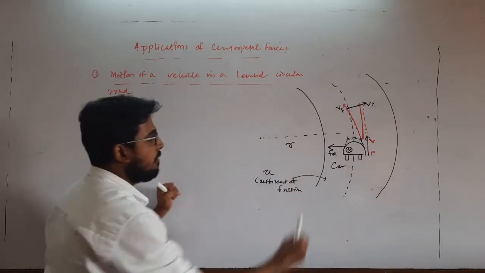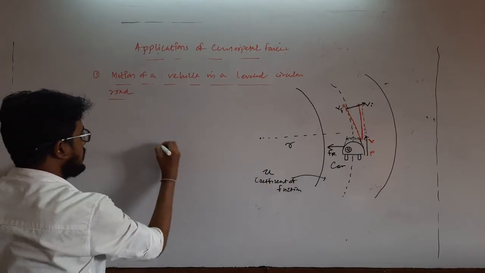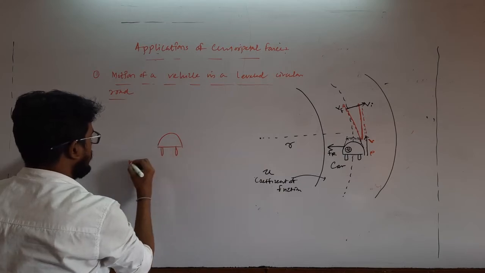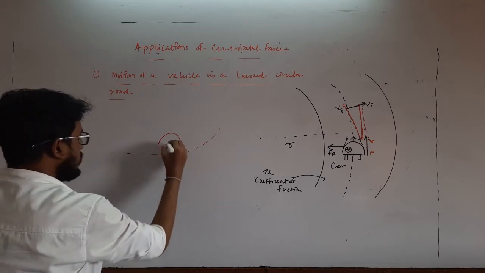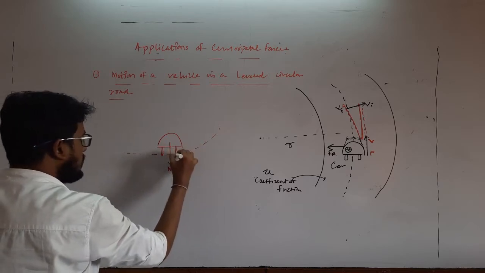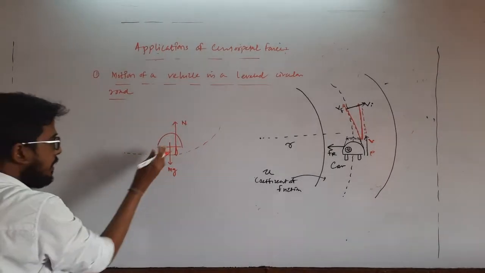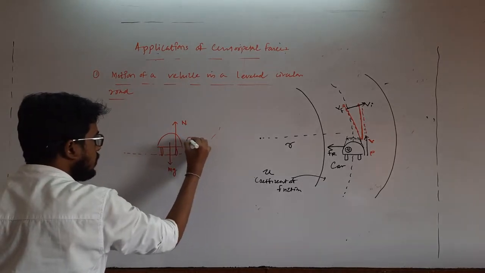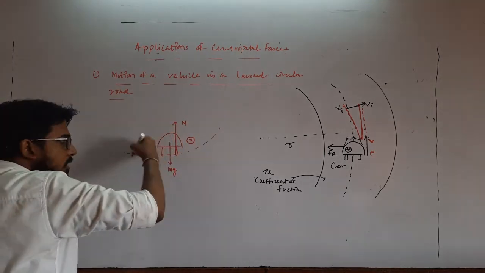This frictional force. And for this condition, if I am drawing the free body diagram, if this is the vehicle and this is the road, the circular path is like this, going like this. Okay. So what is the weight of the vehicle? It is acting vertically downward, that is mg, for which there is a normal reaction acting upward, N, and during the motion in the circular path there is a centripetal force into the plane or towards the center of the circular path. If the circular path goes like this, it is three-dimensional.